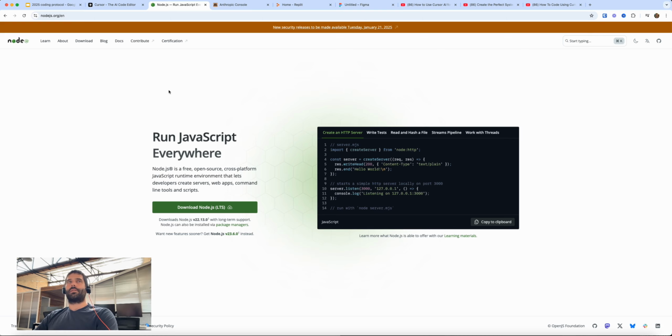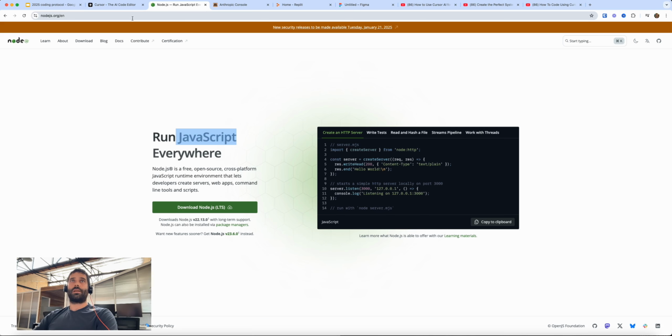An interesting thing is this browser. So I'm on a browser right now on the internet. Pretty much every browser like Chrome, Safari, Firefox, they have Node built in, because a lot of websites use JavaScript as the backend to run different actions. Like if you click a button and then you want to upload something, or it will click and it will download, or you might click into a different tab. All that functionality is run by JavaScript, and the browser natively has Node, the kitchen for JavaScript, built in, so it can execute JavaScript. But since we're coding in Cursor and it's on our local computer, we have to download Node onto our computer, so then we can actually run JavaScript as well. So that's what you need to do here.